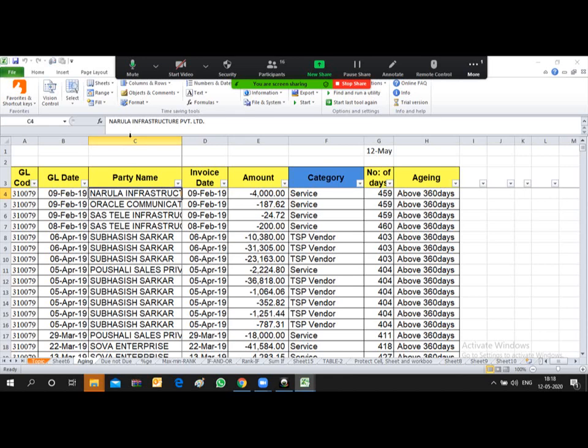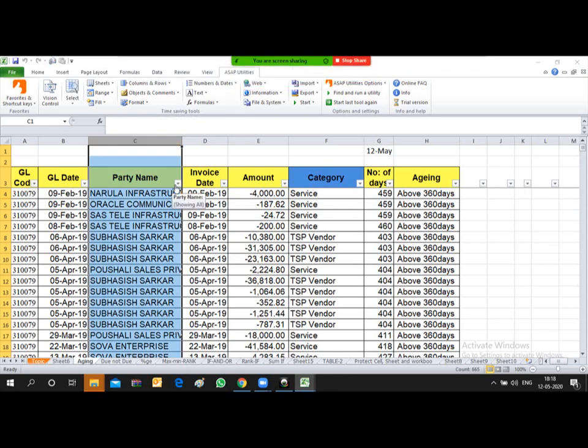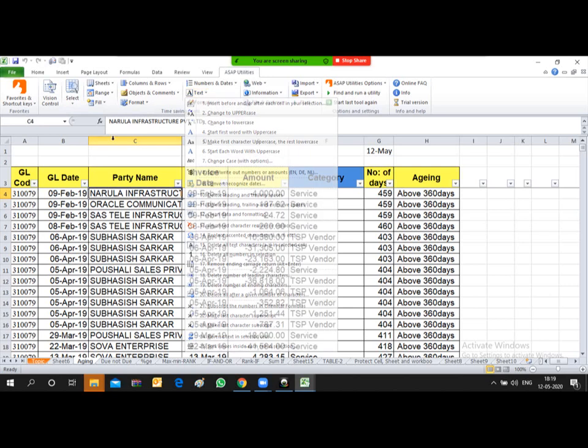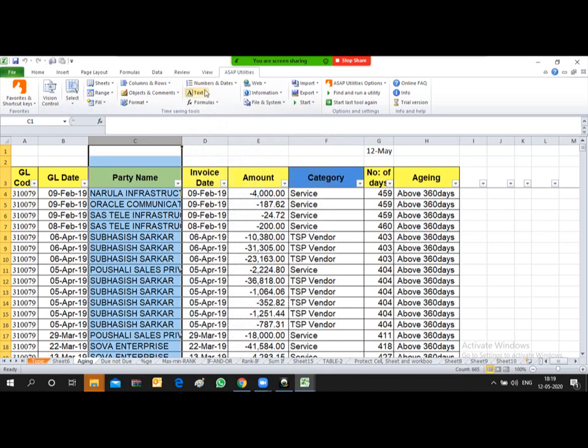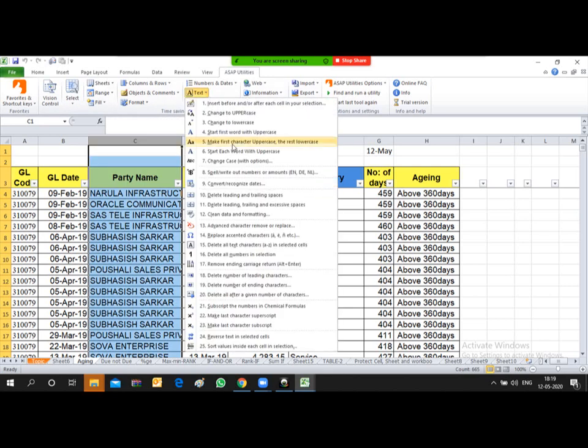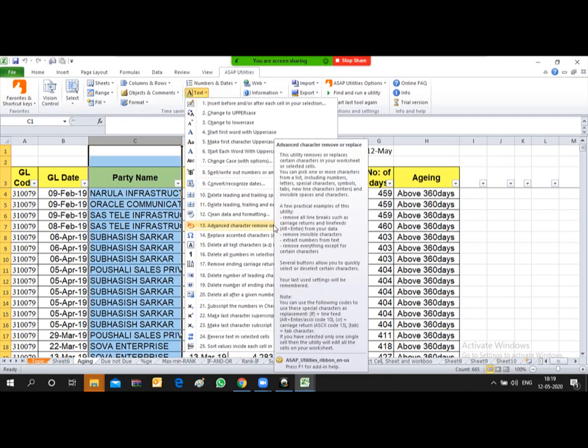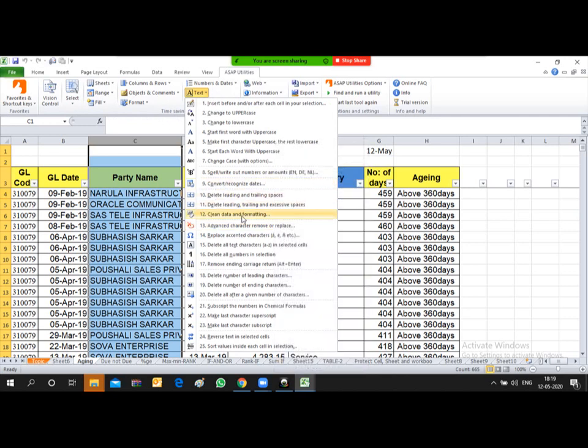Now let me show you one more utilization. Go to this text option. Under the text option, if you want to prefix or suffix something with each and every data, that is also available.